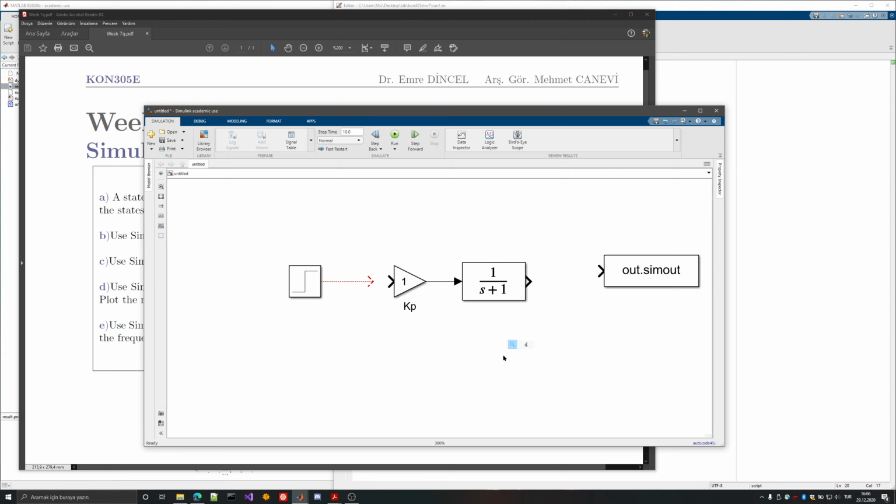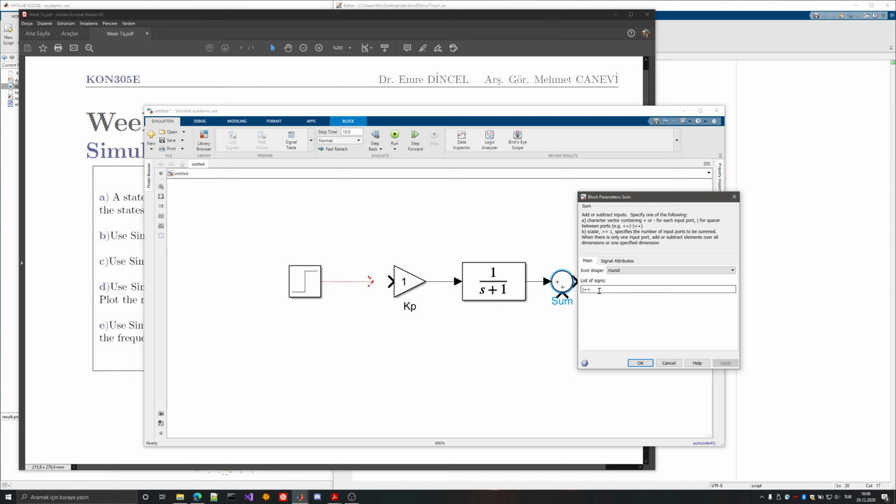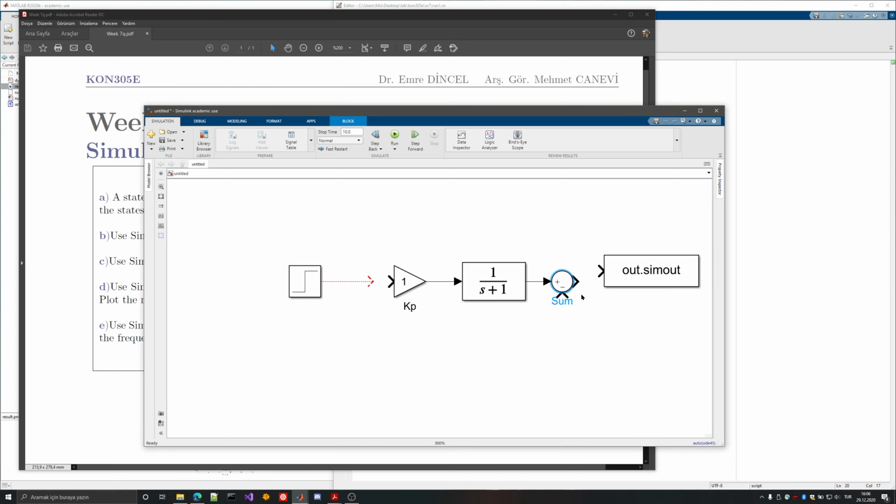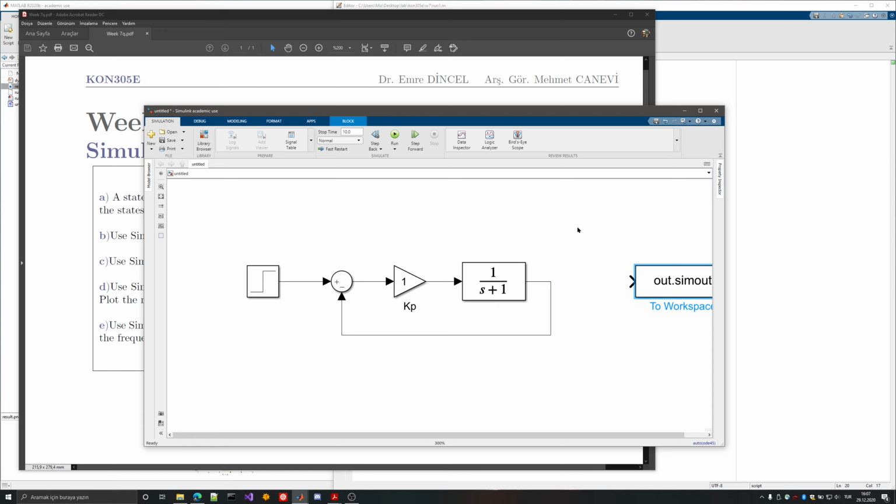Then you need a sum, which will generate the feedback. The only thing here is that you should have a negative feedback, which, by the way, is not here. I'm sorry. It should be in the input since it's a feedback, not feed forward. So you will have this feedback, and then you will be applying this input here, and then for the simulation